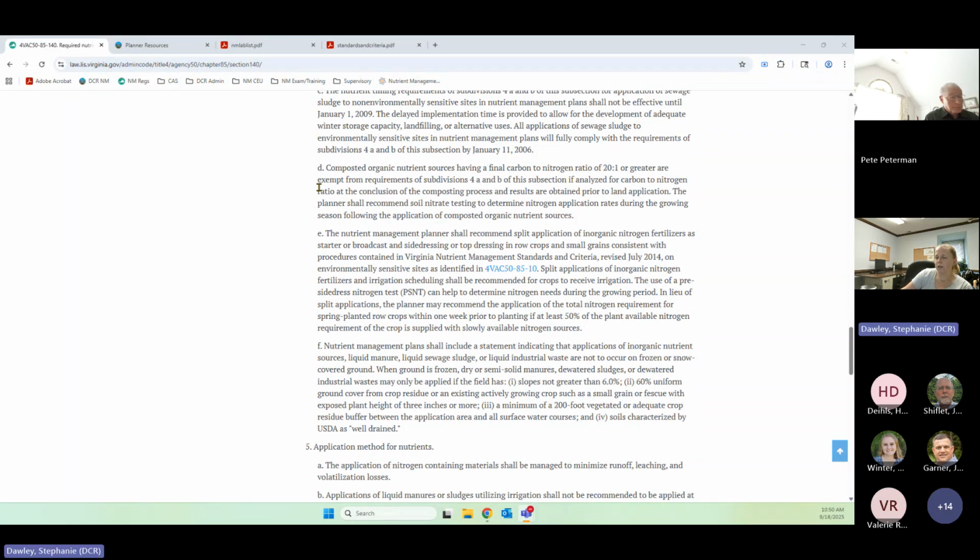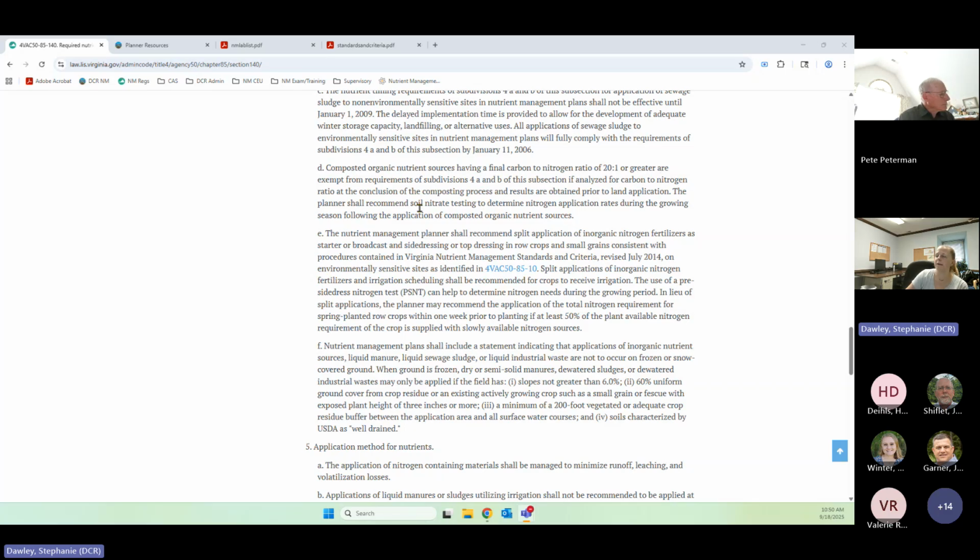There's also a section in here for composted organic nutrient sources. A little information on them: if someone is composting, what is considered composting would be a 20:1 C to N, carbon and nitrogen, ratio. If you are getting a composted material source, hopefully the lab will give you that C to N rating. And they are exempted